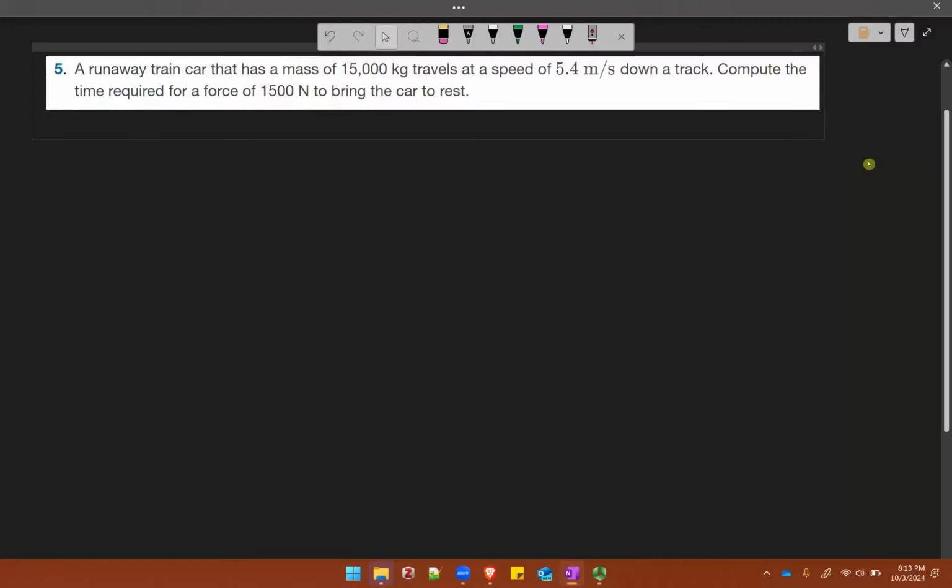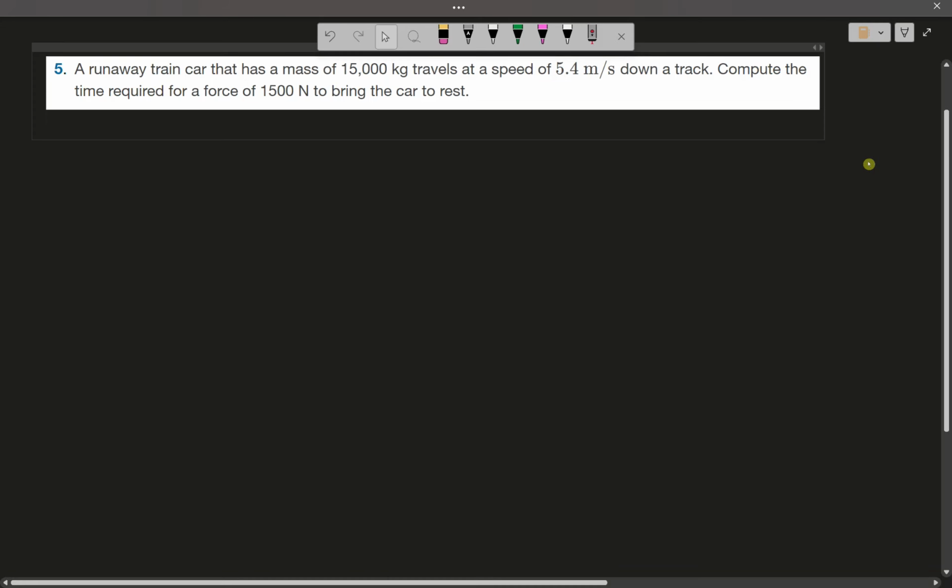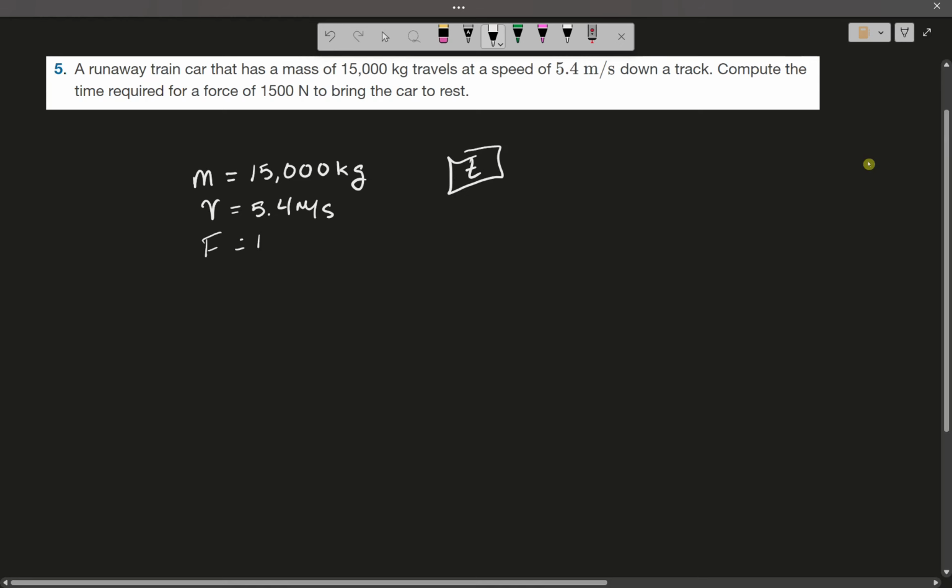Alright, so we have a runaway train car that has a mass of 15,000 kilograms and is traveling at a speed of 5.4 meters per second down a track. We need to find the time required for a force of 15,000 newtons to bring this car to rest. So,